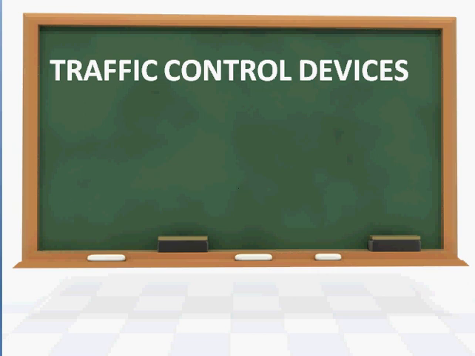Dear students, today I am going to discuss the different traffic control devices that come under Module 5 of Transportation Engineering 1. So we all know that traffic control devices means the devices which are used for controlling the movement of vehicular traffic or traffic on any medium, that is highways, etc. Here we are dealing with the different traffic control devices that are used on highways.